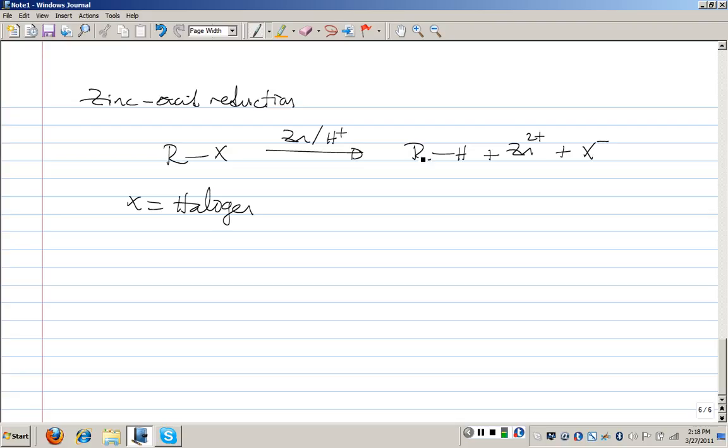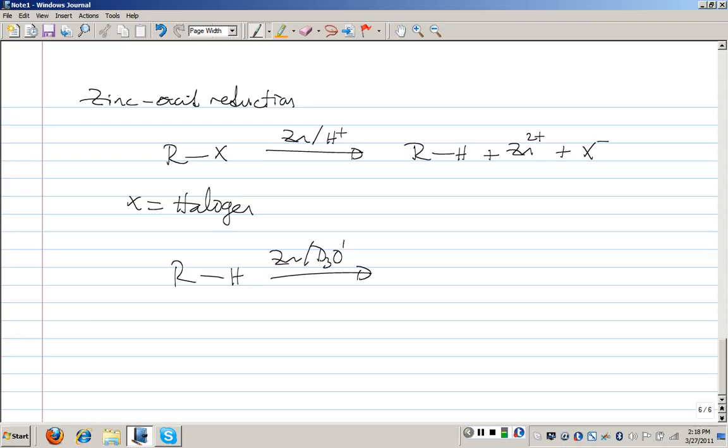And of course, zinc is a metal. Metals are reducing agents. So the zinc has lost 2 electrons to make zinc 2+. So that's a reduction. That's a reducing agent. The haloalkane has gained 2 electrons because it's lost 1 bond to a heteroatom. Well, there's no reason why it has to be H+. If I use zinc and D3O+, and of course H+ is really H3O+,